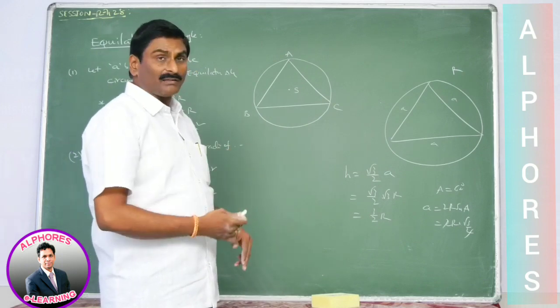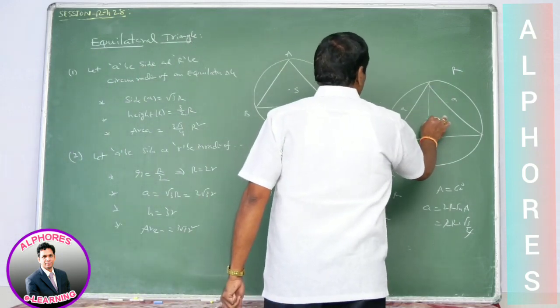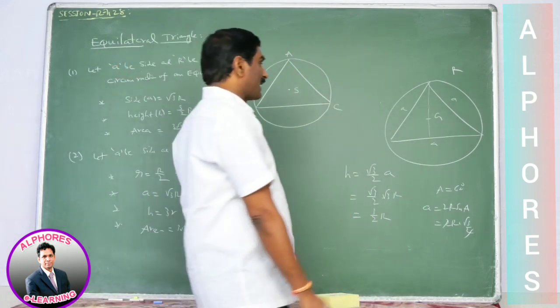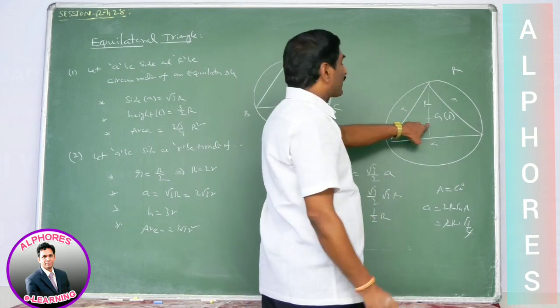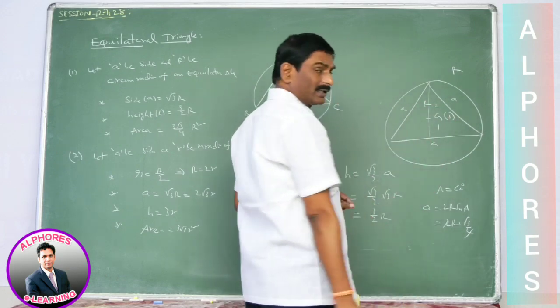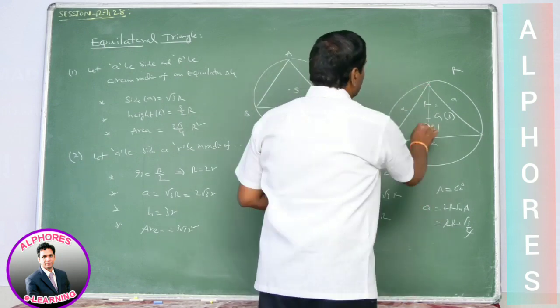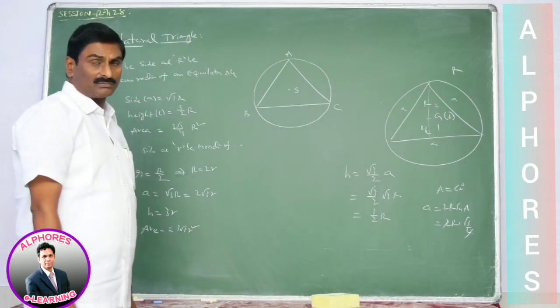In another way, in an equilateral triangle, circumcenter is equal to orthocenter is equal to centroid is equal to incenter. All the centers coincide. Suppose it is the circumcenter. This distance is R. This is also the centroid. The centroid divides in the ratio 2:1. The proportional value of this 2 is R, so this one's proportional value is R by 2. So height is equal to R plus R by 2. That means 3 by 2 into R. Okay.